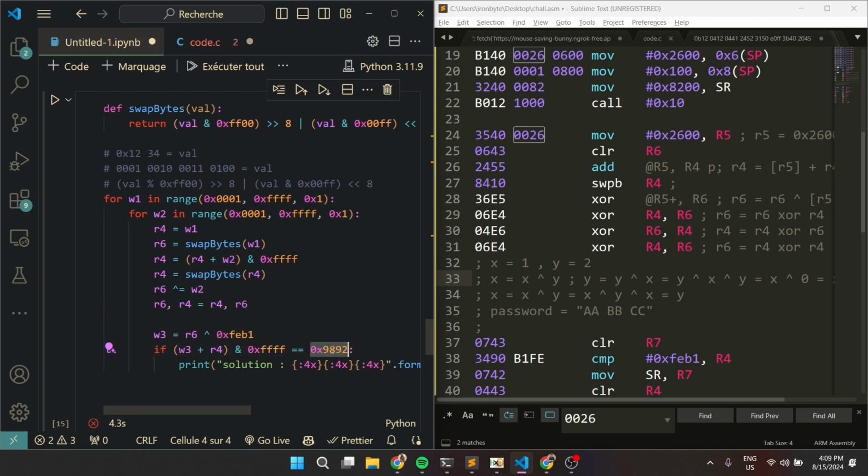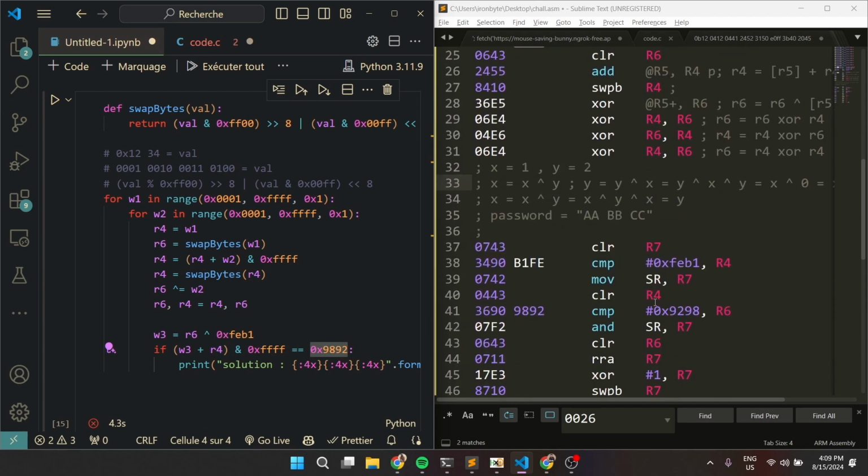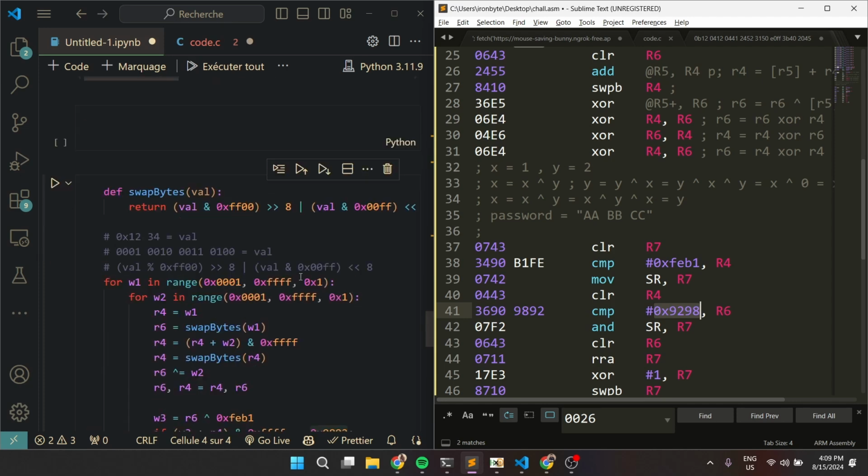So register 6 should be equal to 0xfb1, and register 4 should be equal to this value, which is in here, which is 92, 98. So those are the two values that are in there,